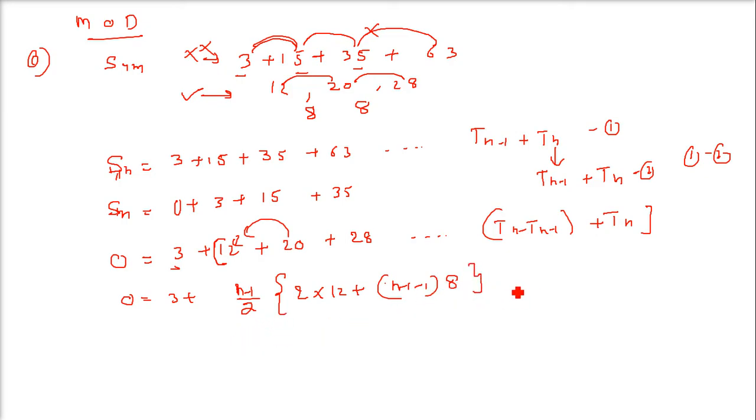So what do you get here? When you solve this, you are going to get 3 plus n minus 1 into 12 plus 4n minus 8. And when you just solve these two, this is going to be Tn. I am bringing this Tn here. Let us assume that I am bringing minus Tn here. So from here to here, the last term is Tn minus 1, we have already seen. So we took this n minus 1 here, and Tn will be what?